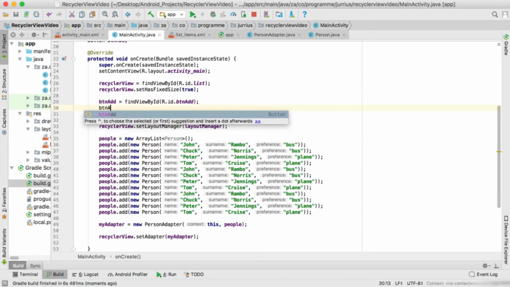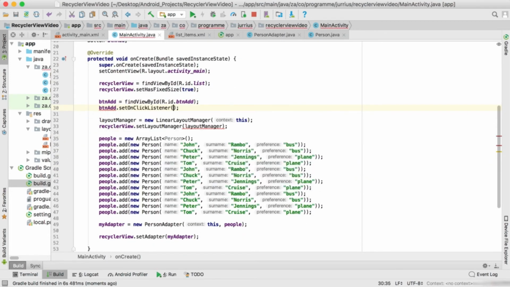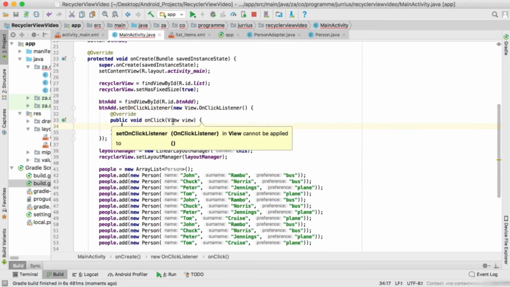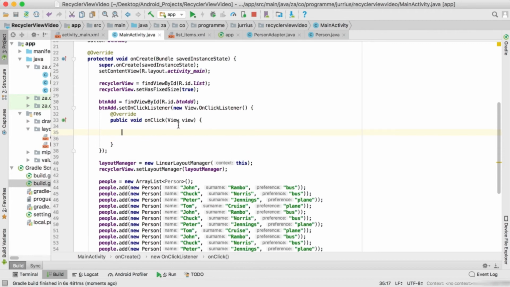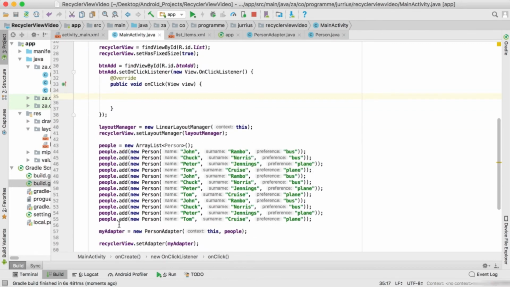Let's set an on-click listener on that button. New on-click listener, and then inside of this on-click listener, let's now add a new object to this people array list. So I'm just going to copy one of them and paste it there, and let's take somebody totally different. Let's take Susan Peters, and let's leave it at plain. So every time we click the button, it will add a new person called Susan Peters,